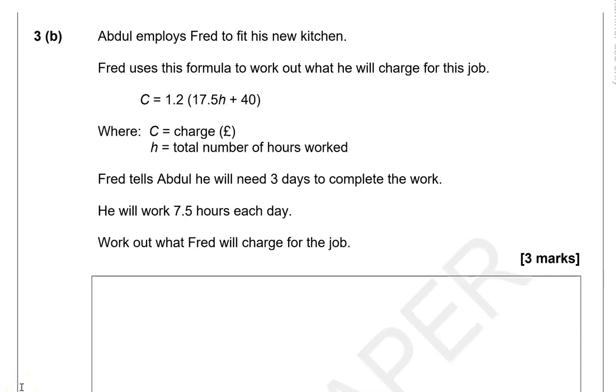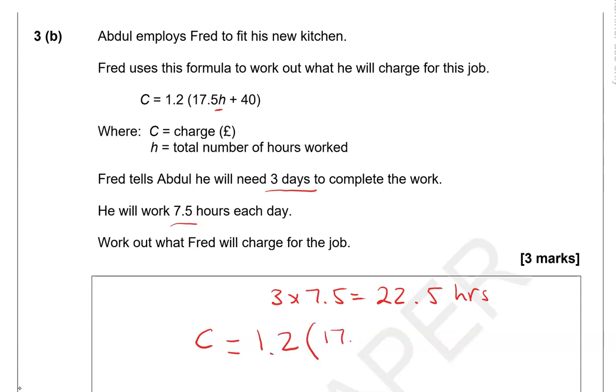So in order to use the formula, we need to know the number of hours, and we don't know that at the moment. So we know that he will do it in 3 days and he will work 7.5 hours each day. So we're going to do 3 times 7.5, which is 22.5 hours. So now we can plug this into the formula to work out the charge. So 1.2 times 17.5 times the number of hours, which is